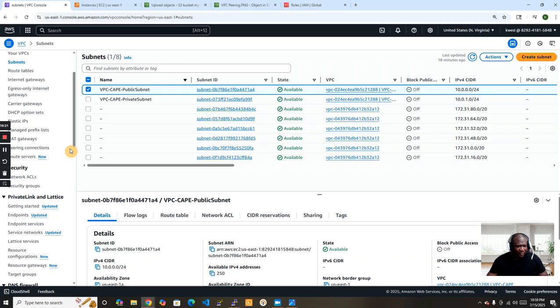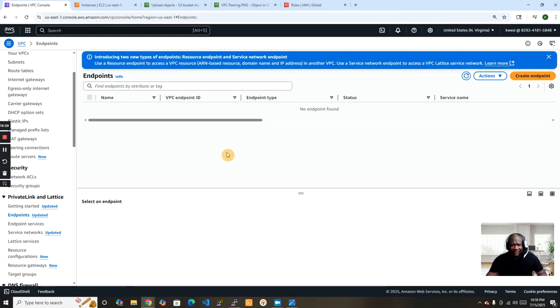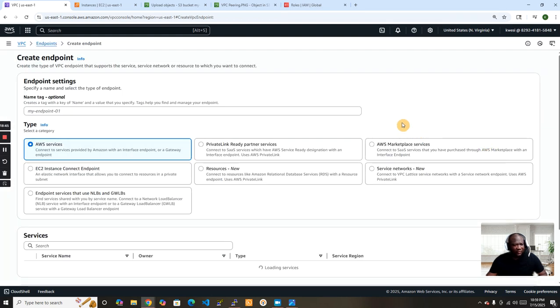Okay, and these, we're getting started, endpoints, endpoint services, and all the good stuff that you can do over here is right here. So all these are very important. So we go to endpoint. Of course I don't have any, so we create endpoints over here. Yes, endpoints, AWS,